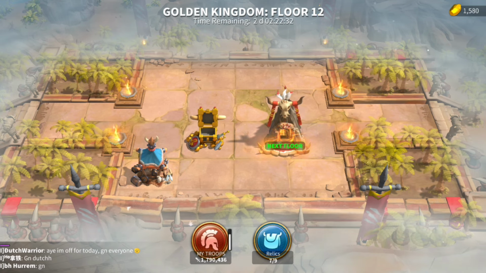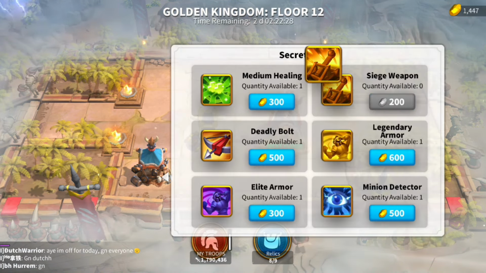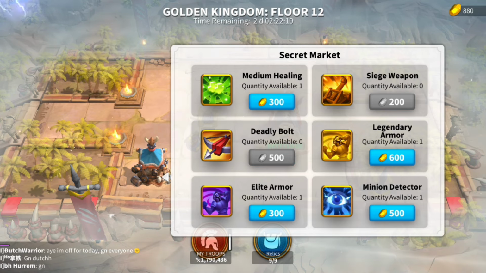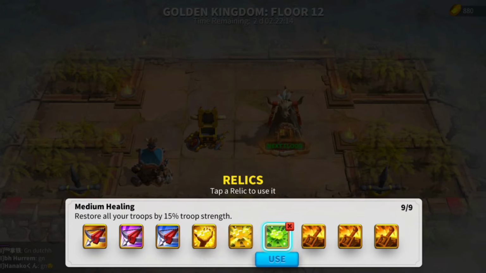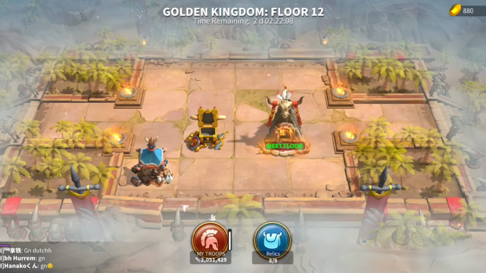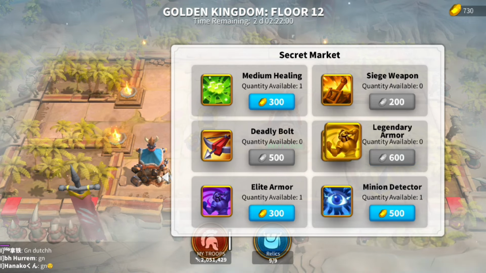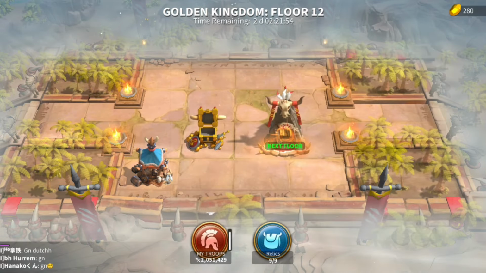Floor 12 shop. Let's see what the options are. Well, we definitely want the siege weapon, and we definitely want a deadly bolt. What does that one do? 40% damage. And let's see if we can heal our troops and buy one more item. So that's 15% to all troops. Nice. Let's see what else we can get. I think, shall we go for the legendary armor? Hang on. Nope, that's us done. Off we go to level